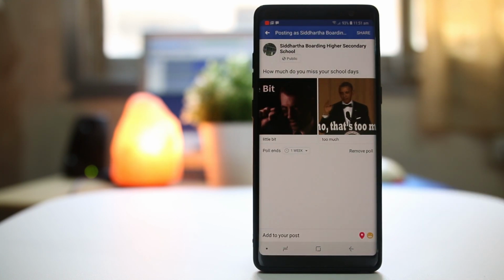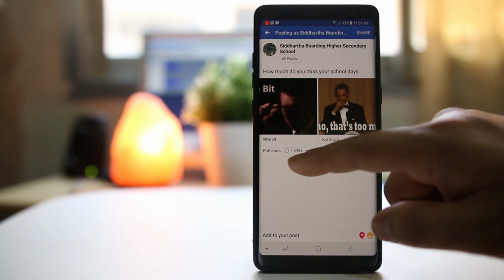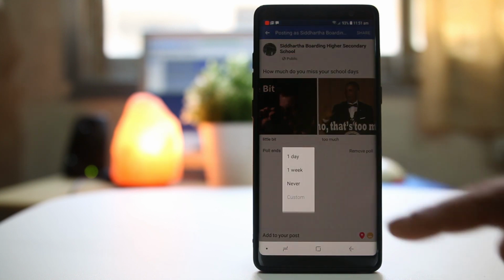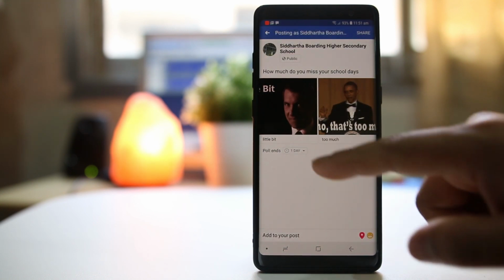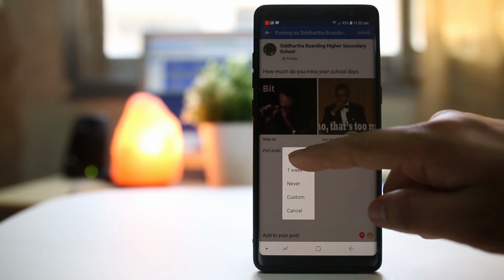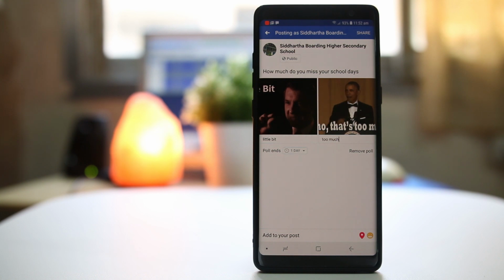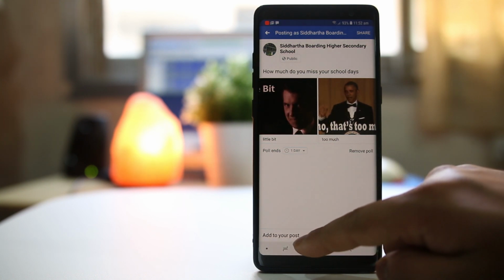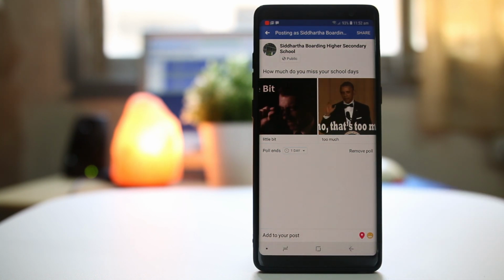Now you can also select the duration until which the poll will last. For example, it's selected 1 week here. I will tap here. I can select 1 day. I can select never, or I can select custom to put my own date. So for the time being, I will select 1 day. So once you do it, if you tap on add to your post, it will be shared to your Facebook